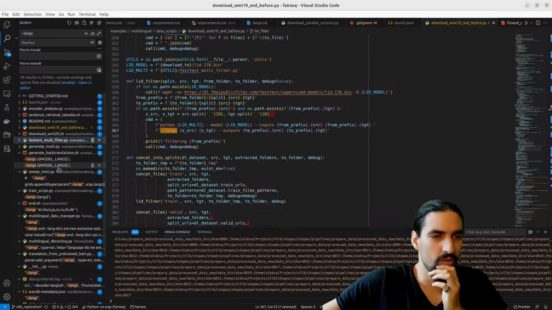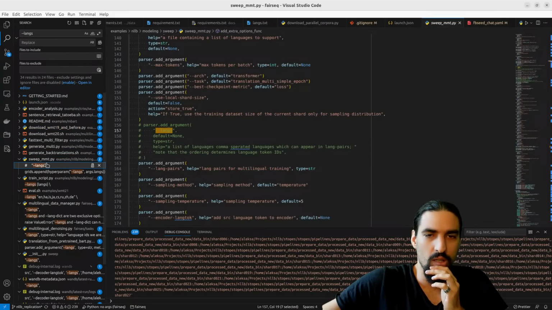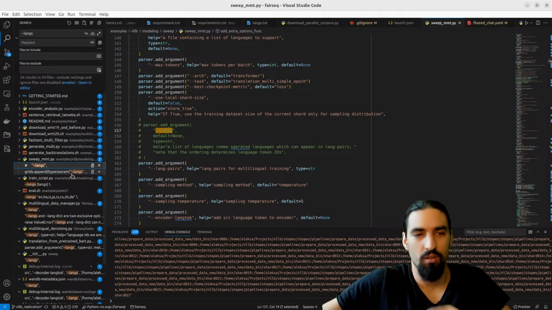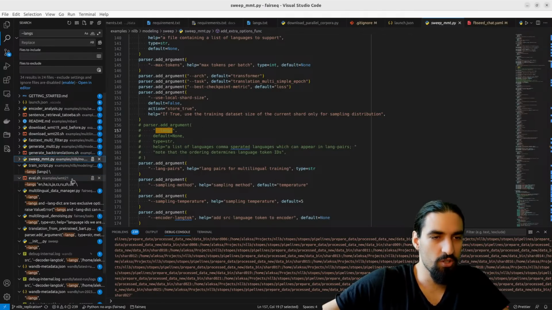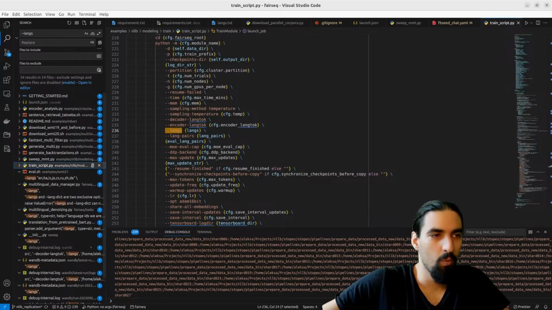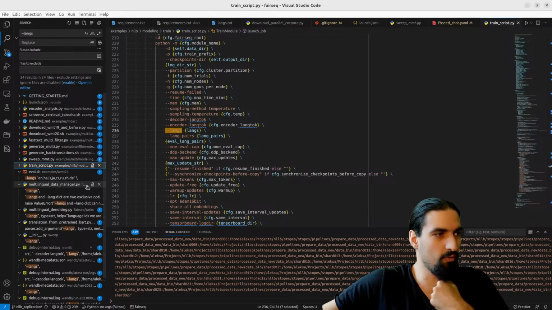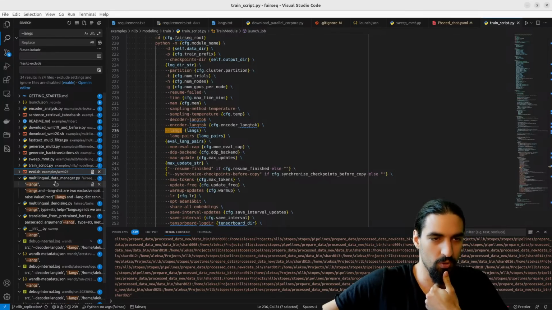Generate a list of languages, comma separated, which can appear in language pairs. Okay, which can appear in language pairs. So then the question is, for the language pairs, we can always keep the lengths as the full set of languages we plan to support.